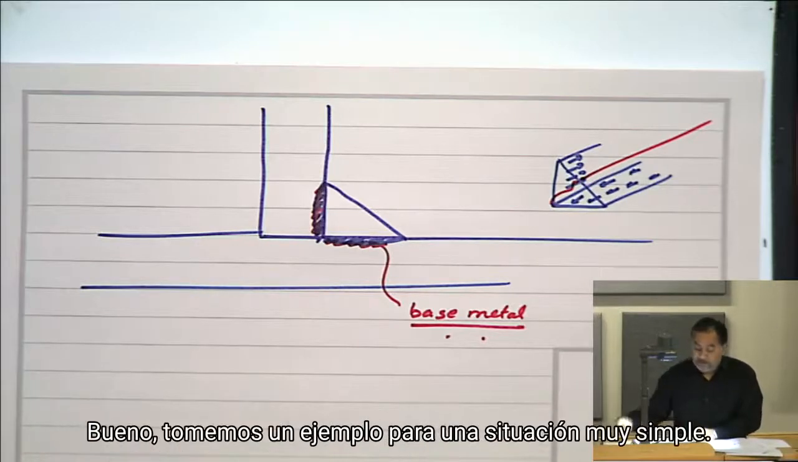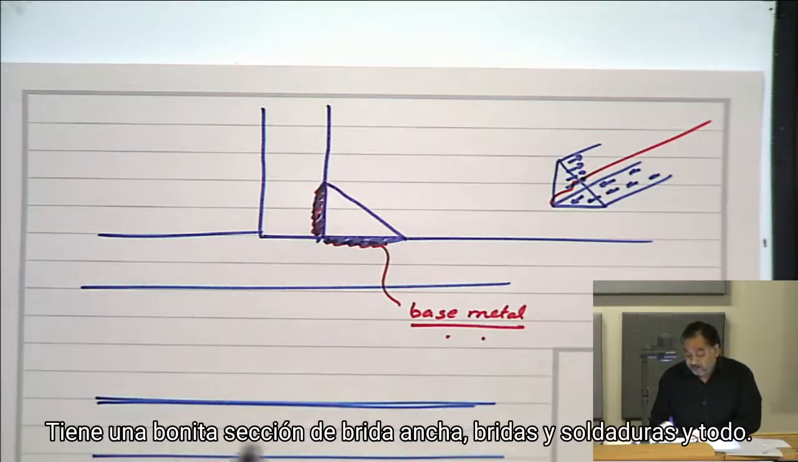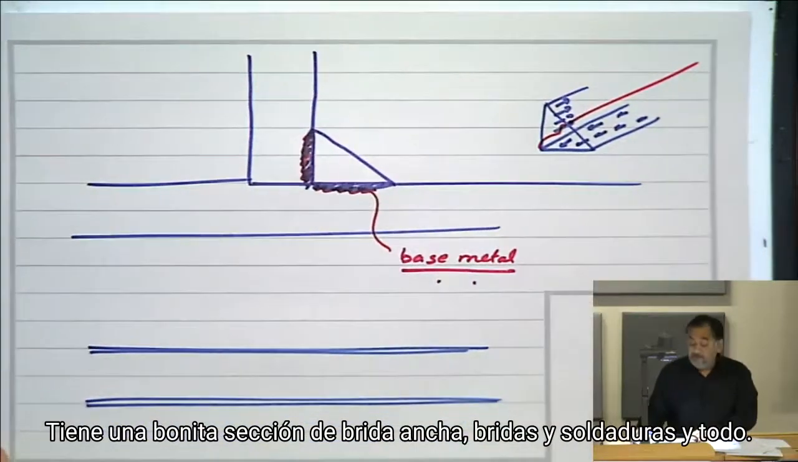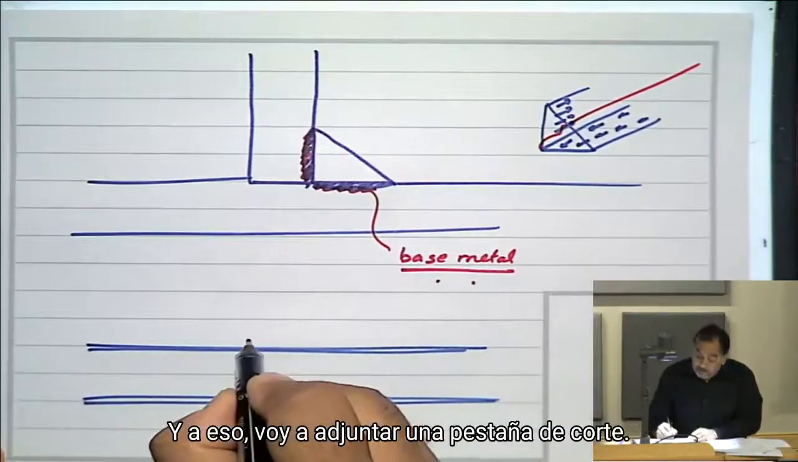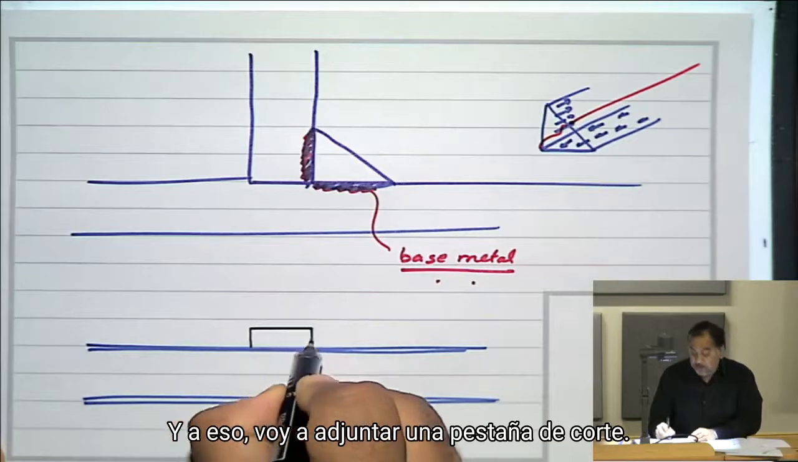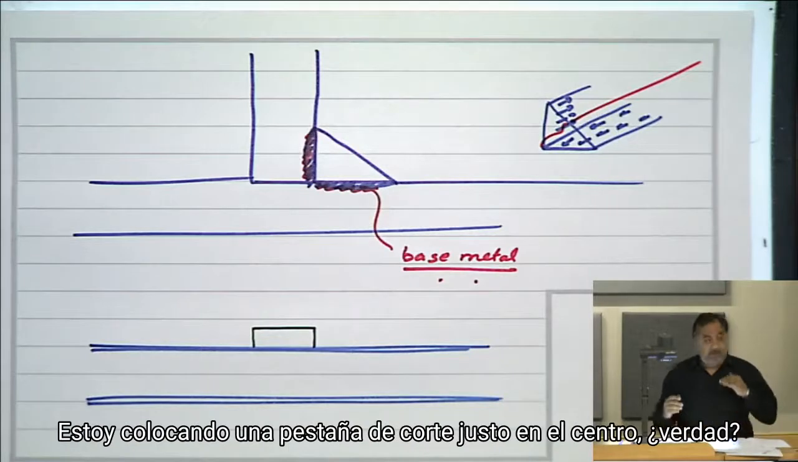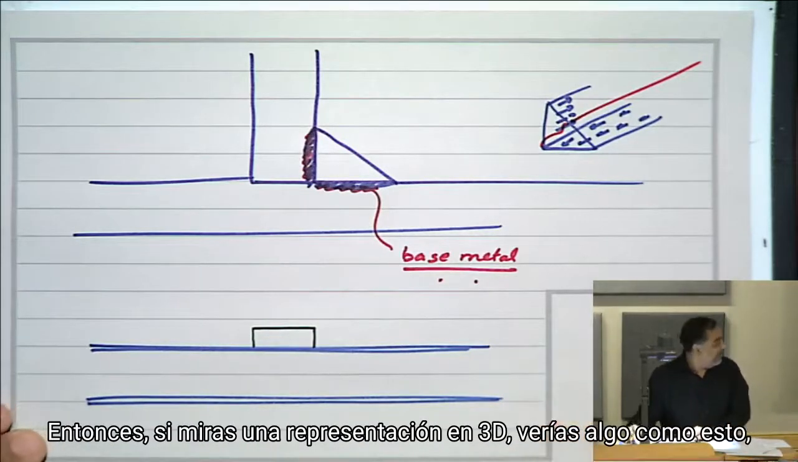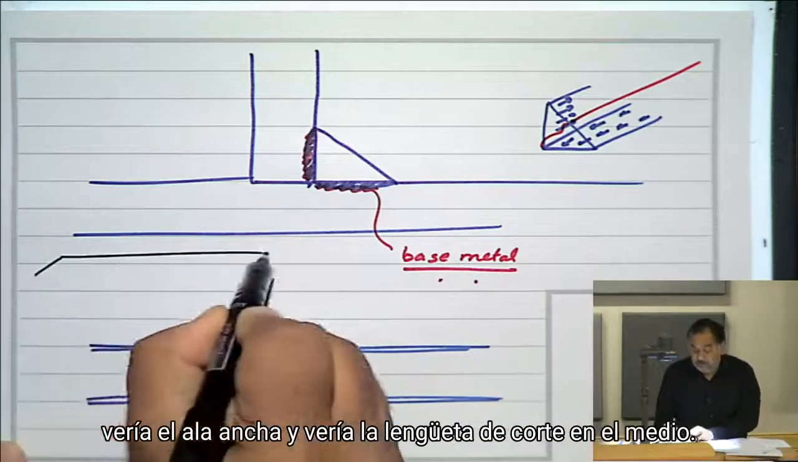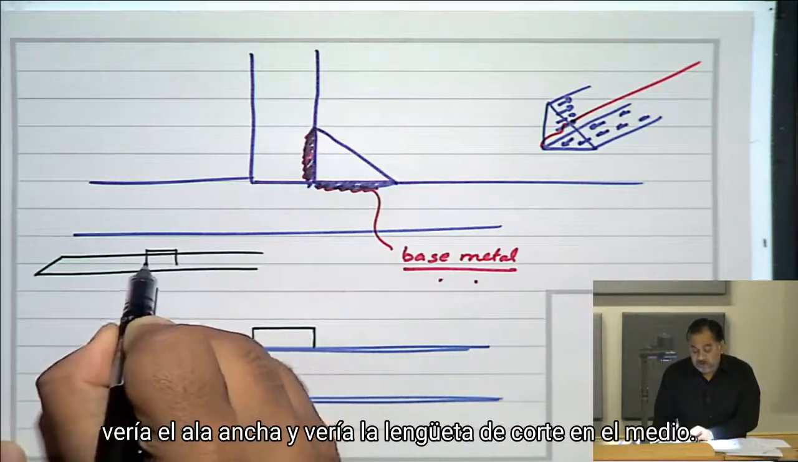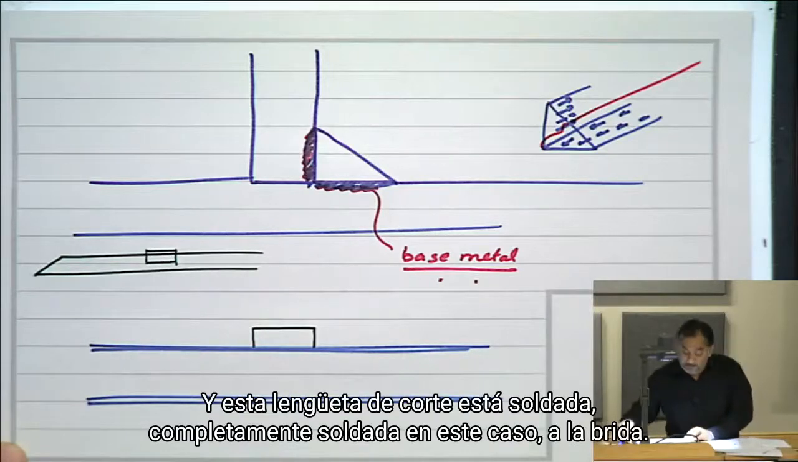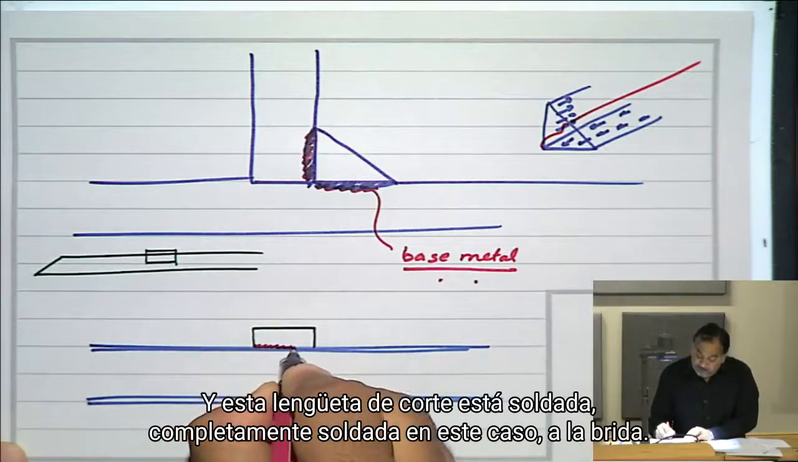Well, let's take an example for a very simple situation. You've got a nice wide flange section, flanges and a web and everything. And to that, I'm going to attach a shear tab. Not that uncommon. Can happen, right? I'm attaching a shear tab right at the center. Right? So if you were to look at a 3D rendering of it, you would see something like this. You would see the wide flange, and you would see the shear tab in the middle. And this shear tab is welded, fillet welded in this case,